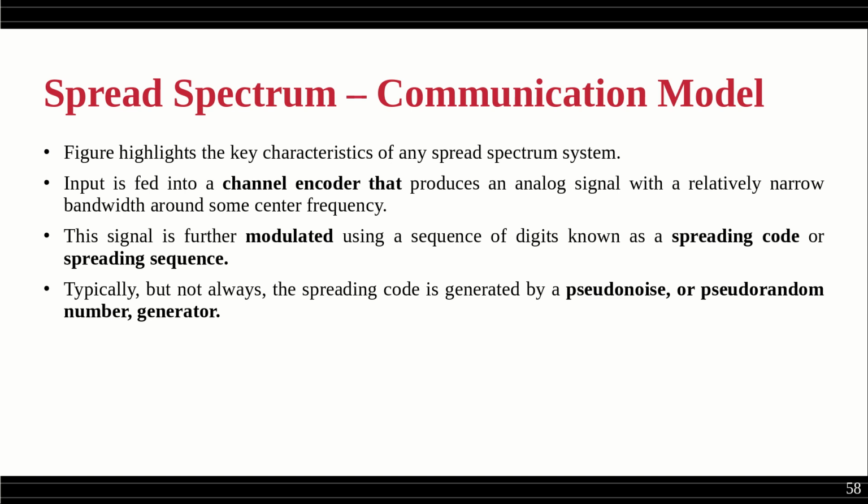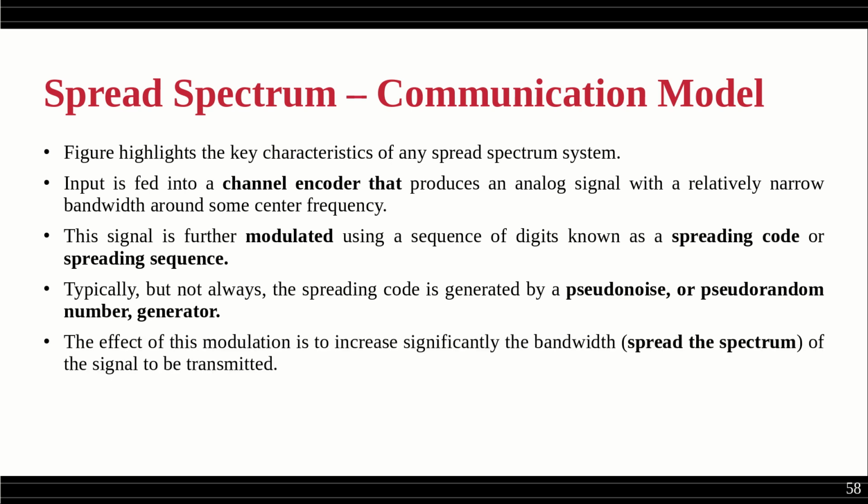So that is the normal practice, but you can use some other method also for generating the spreading code. And we will see how this pseudo random number is generating that spreading code. So the effect of this modulation is to increase significantly the bandwidth of the signal to be transmitted. Why are you going to increase the signal bandwidth? That we will see. If we are doing like that, we are getting some kind of resistance from the interception